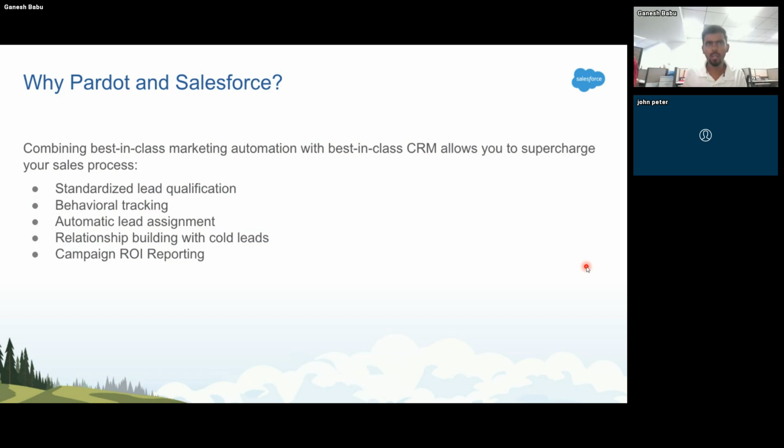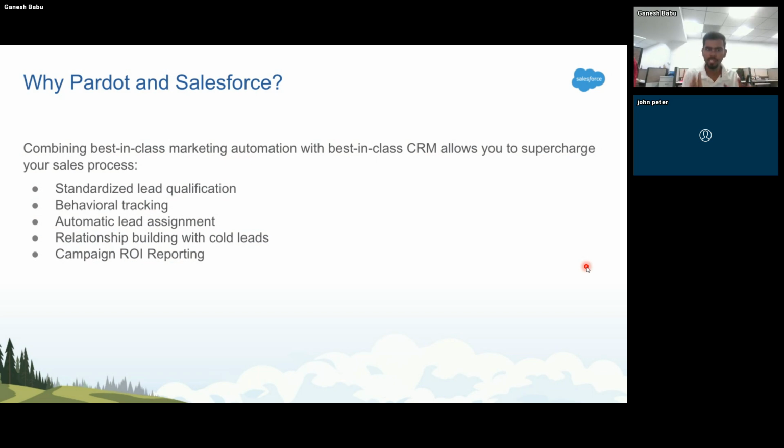When it comes to B2B, companies from the banking industry, companies from the pharma industry, and even companies from the retail industry are using Pardot. I've worked with all of them in my previous careers, implementing Pardot for them. So we need different strategies and different methodologies to bring Pardot and Salesforce in sync, right? Anyway, so why do we need Pardot?